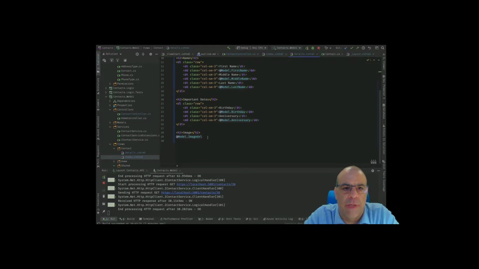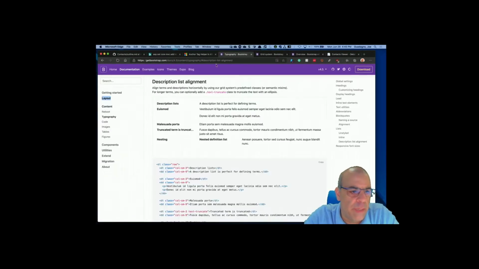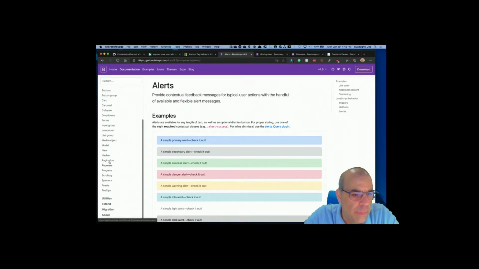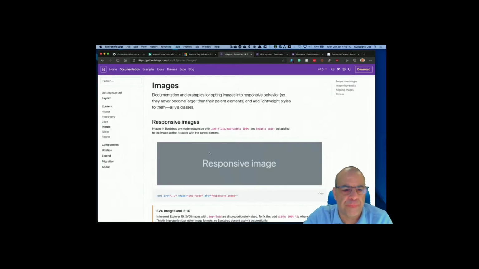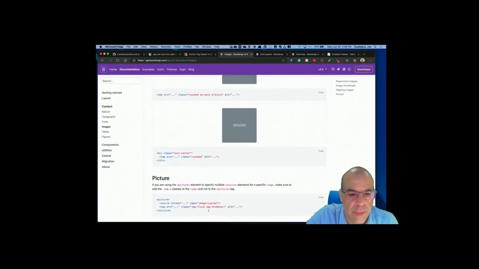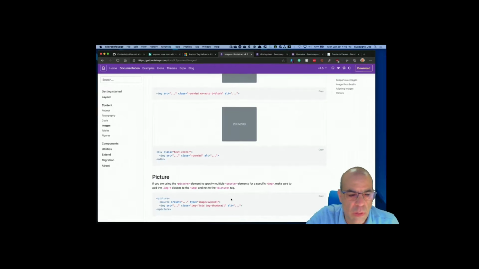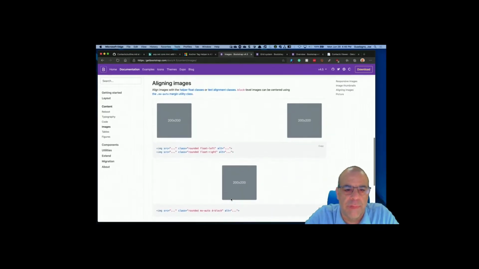Now let's do something for the name or for the image. So Bootstrap has a nice little image feature around the components. I thought I had the components selected already. Where did you go? Maybe it's not. Maybe it's content. Images. There you go. We can do a thumbnail or put wrappers around it, or we can do a picture. Oh, as if we're doing CSS. But let's just do a